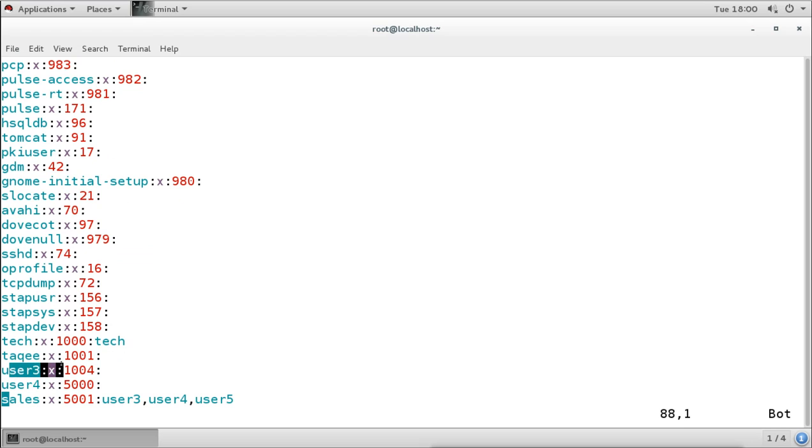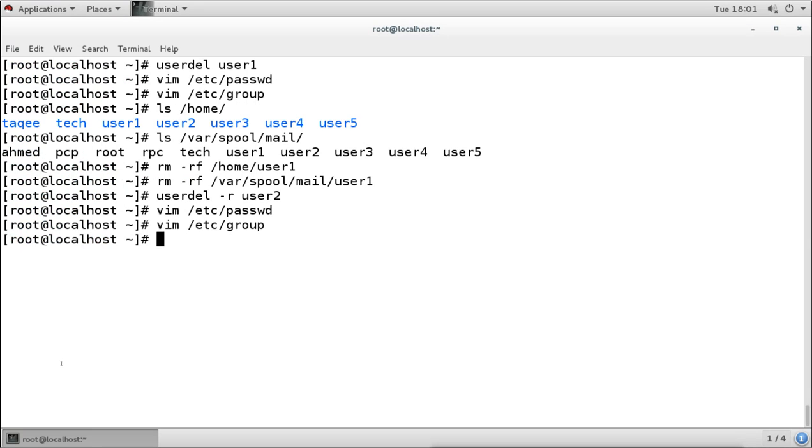It is removed, but again, whether you remove it recursively or not, if the primary group contained any member, it will not be removed. If the group has any member, then it will not be removed. Now when you check the home directory, it is deleted. We can see the home directory is not there. Then we can check the mailbox.